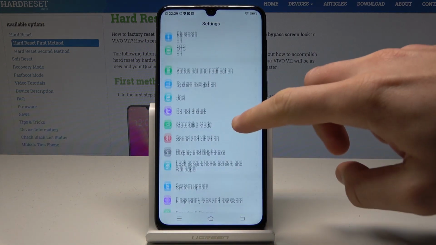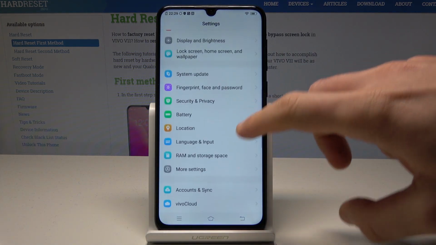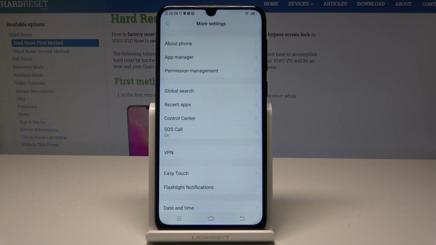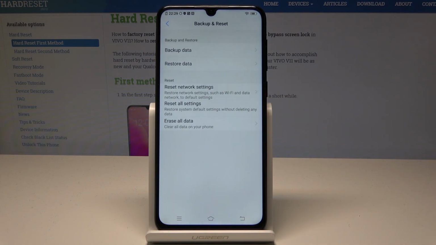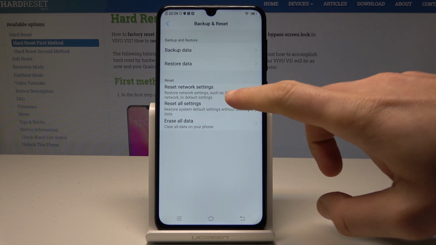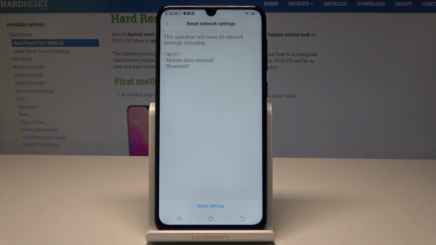From the list of settings, we need to scroll down and choose here more settings. Then let's scroll down again and choose backup and reset. From the following mode, let's choose here reset network settings, and this operation will reset all network settings for Wi-Fi,